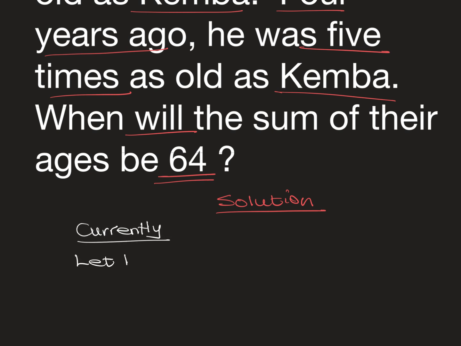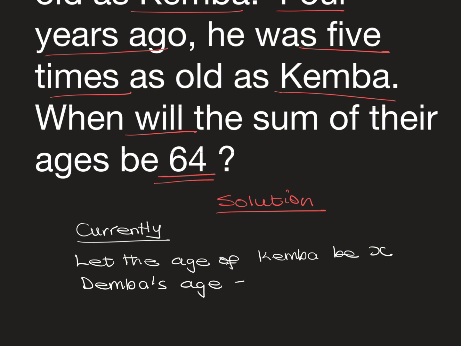let the age of Kemba be X. So it means Demba's age is equal to 3 times X, right? 3 times X because Demba is 3 times as old as Kemba, and that will give us 3X. All right? Then we can move on to the second statement,